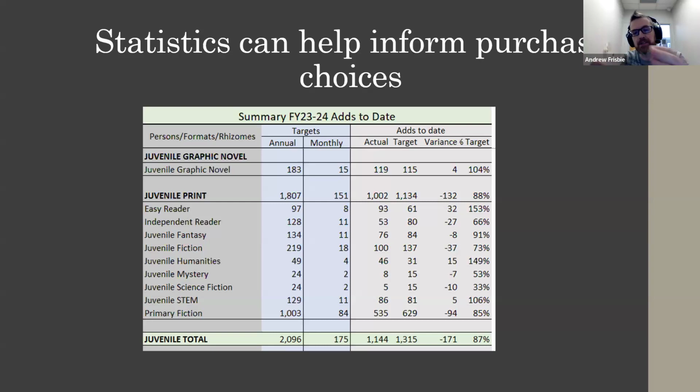It boils down to these lovely charts that tell me, based on how many you have in your collection and how many are checked out right now, you should probably be buying this many easy readers and this many juvenile fiction and this many juvenile fantasy. So I have these nice targets to go by.